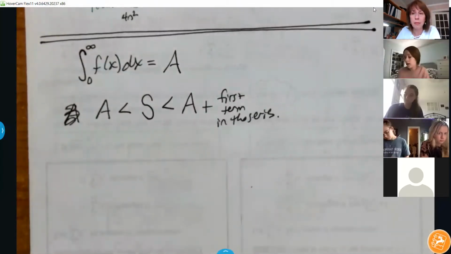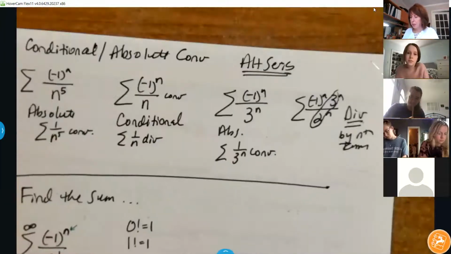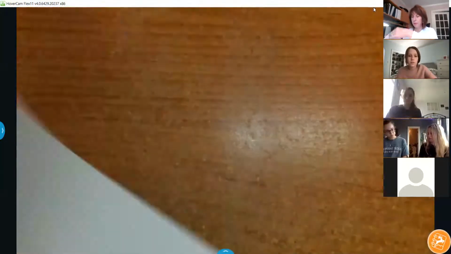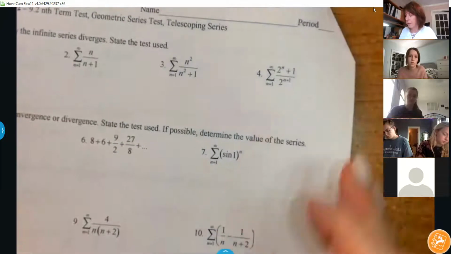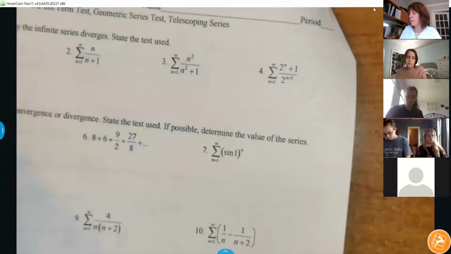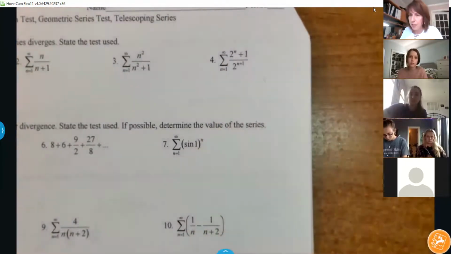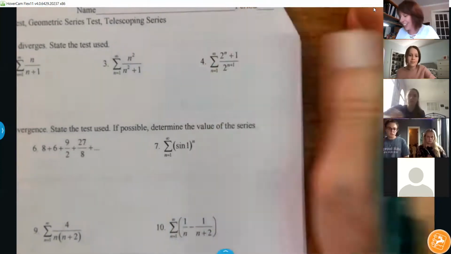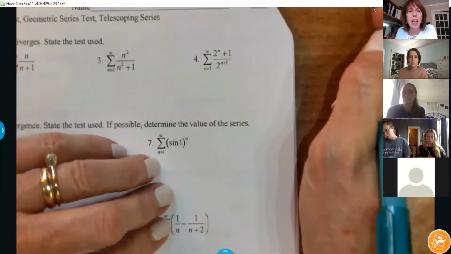Can you go over number 4 on worksheet 2? Absolutely. Okay. Do you mind if I just go over this one? Is that all right? Okay. All right. So this one,